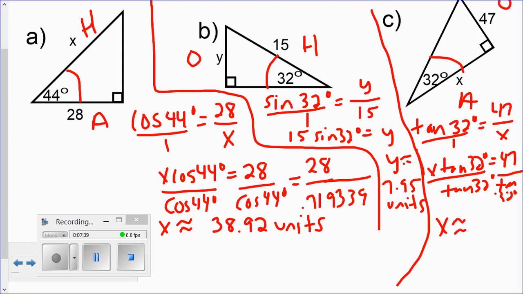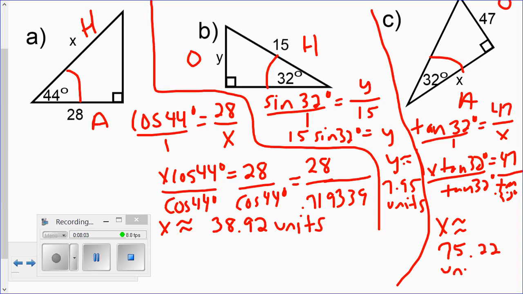And in my calculator, I'm typing in 47 divided by the tangent of 32, which gives me approximately 75.22